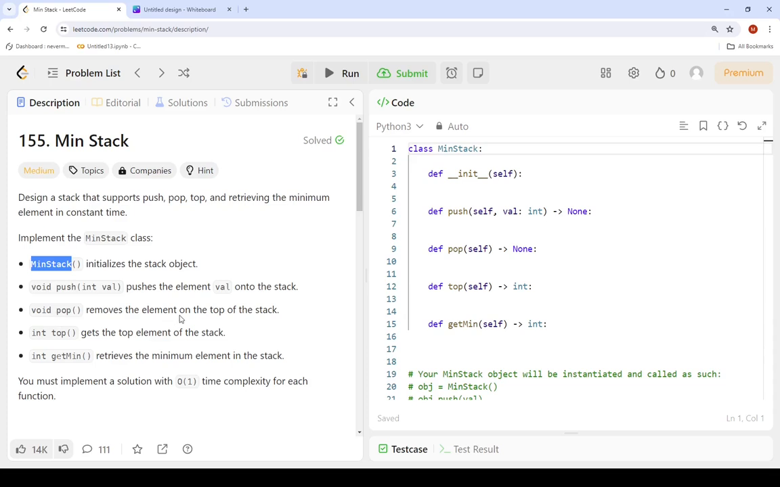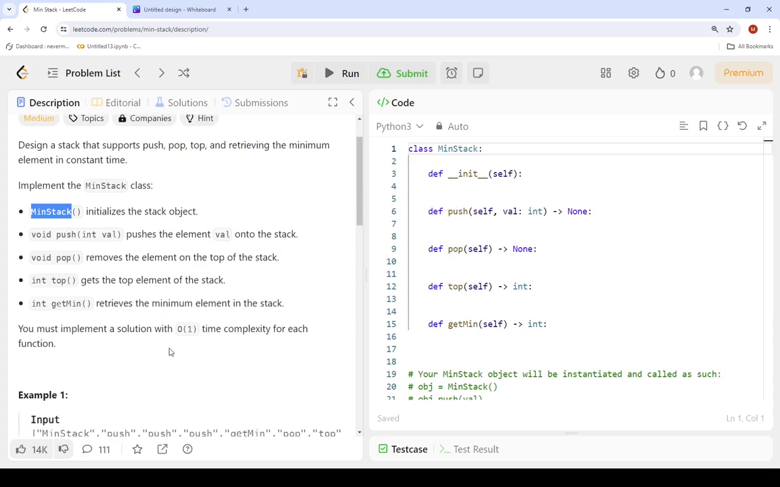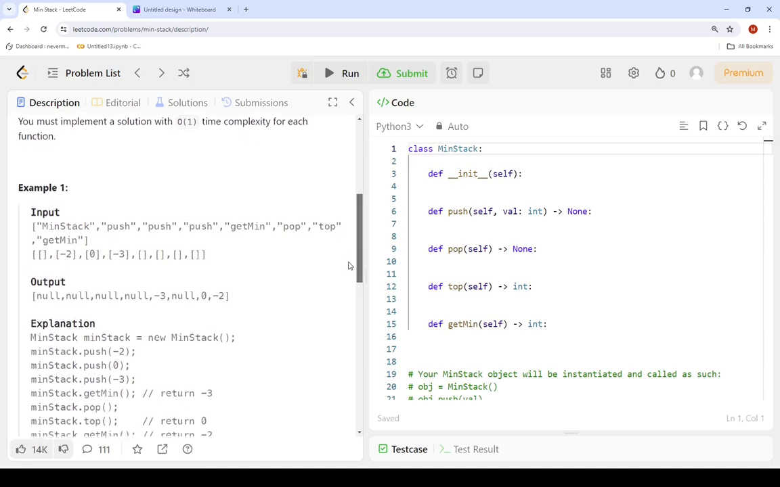Pop removes the element on the top of the stack. Top gets the top element of the stack, and getMin retrieves the minimum element in the stack. And we must implement a solution with O(1) time complexity for each function. If we look at example 1,